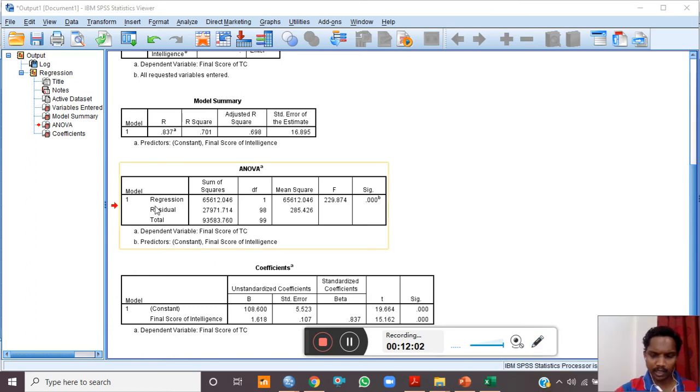This is the ANOVA table value. You have to see the F value, then the last column, significance. From the significance value you can see that it is less than 0.01, which means that the result that we have got is highly significant at the 0.01 level. So this table also you can use.